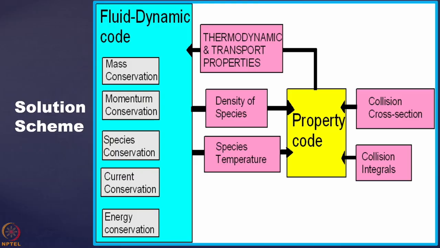the property codes are being improved, so that you can get better and better results, because they depend on a number of uncertainties: the kind of potential through which the species interact, and the collision cross sections and collision integrals. They are improving day by day, so there is scope for improvement of this property